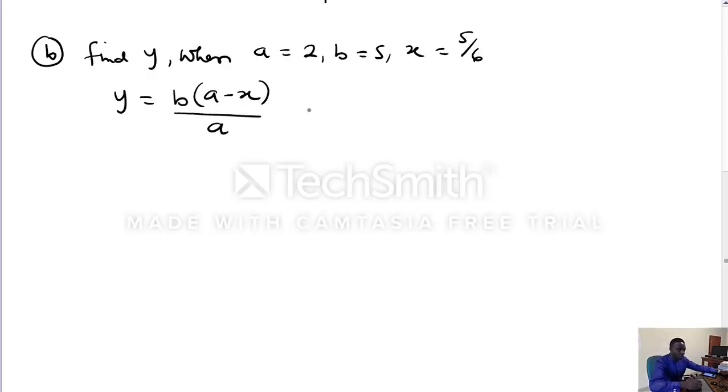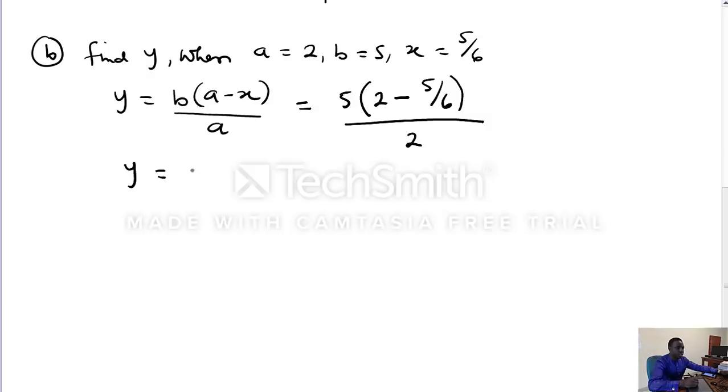So we'll go straight ahead and substitute, of which y is equal to b is said to be 5 into bracket a is 2 minus x is 5/6, divided by a, where a is 2,